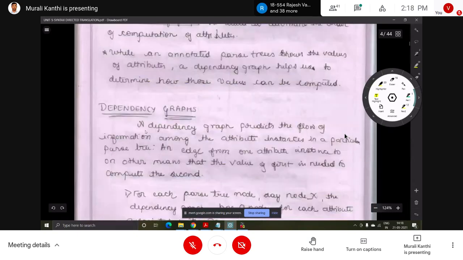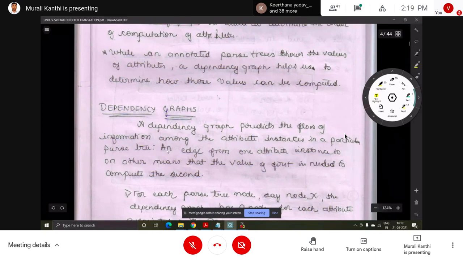A dependency graph is a graph which predicts the flow of information among the attribute instances in a particular parser tree. In a particular parser tree, it predicts the flow of information, the flow of execution, the flow of evaluation.